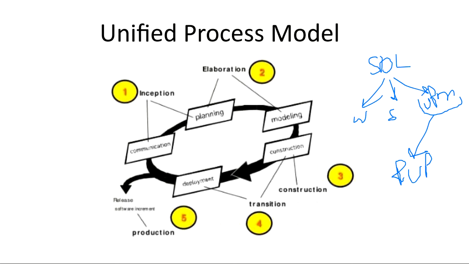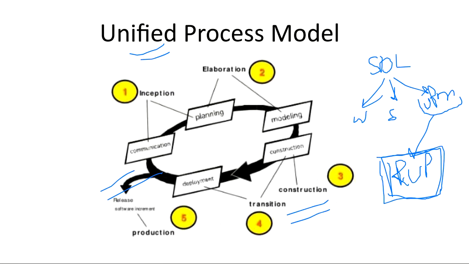It is nothing, everything is the same as the unified process model, but it was created by one company, Rational Software. Now it is under IBM. They do the same thing which a unified process model is doing. It's just that they created a patent for it, saying, okay, now I'm changing its name to rational unified process. I'll do the same things, but it will be under my company's banner. So that's why it's called rational unified process, because it was by Rational Software. Okay, nothing else. The concept is the same. So whether the question is regarding unified process model or rational unified process, you have to write this same thing. Okay.